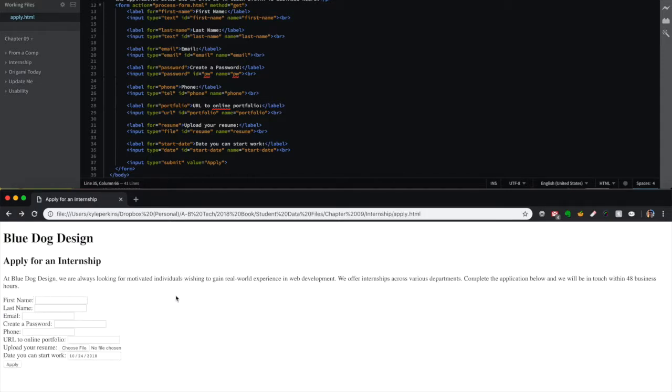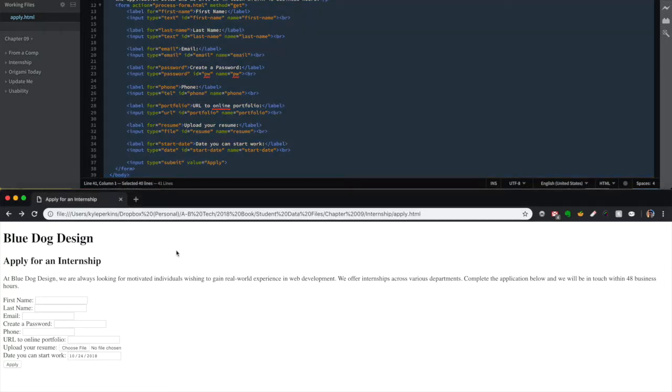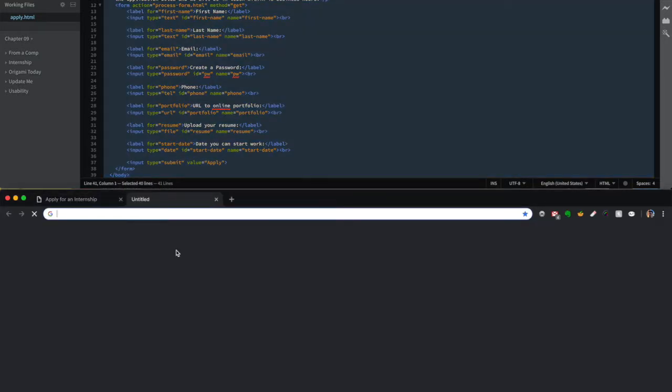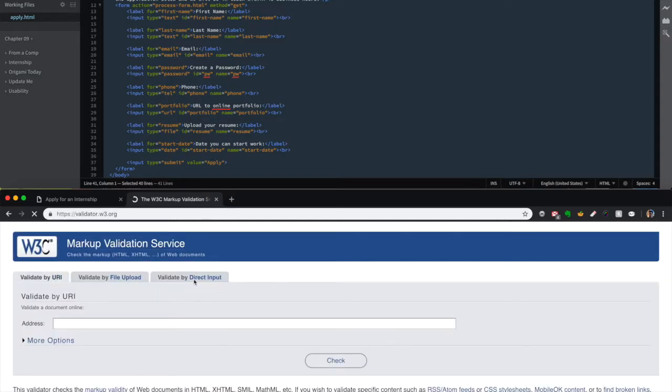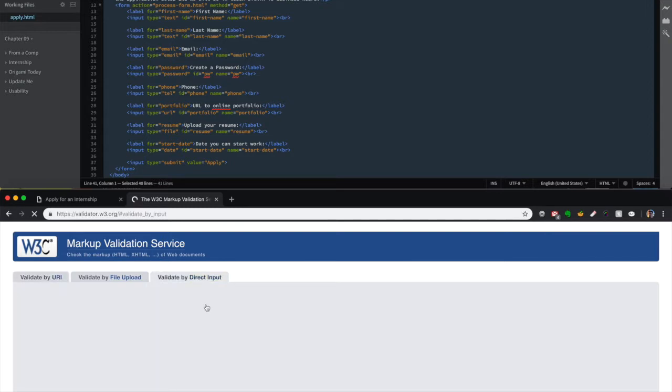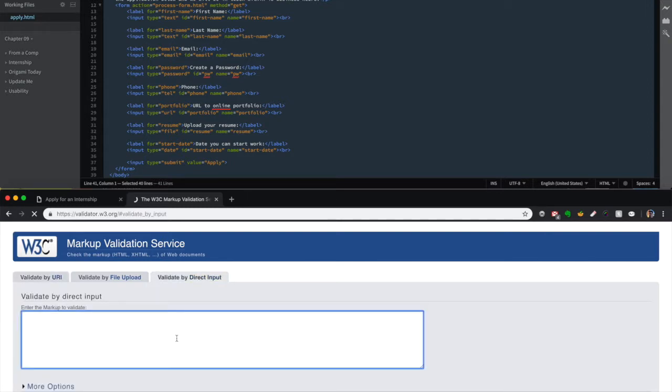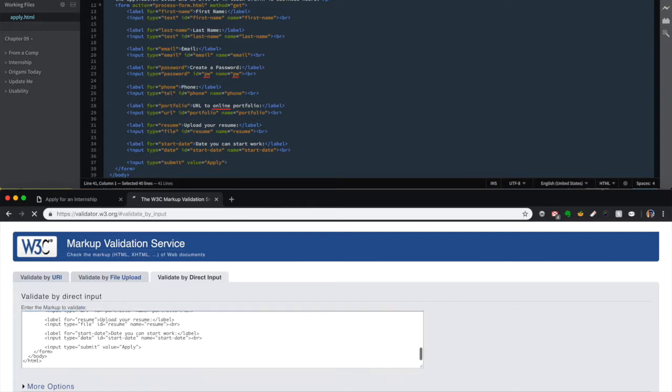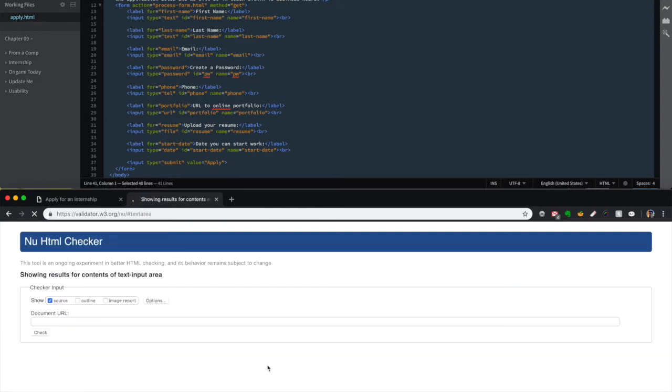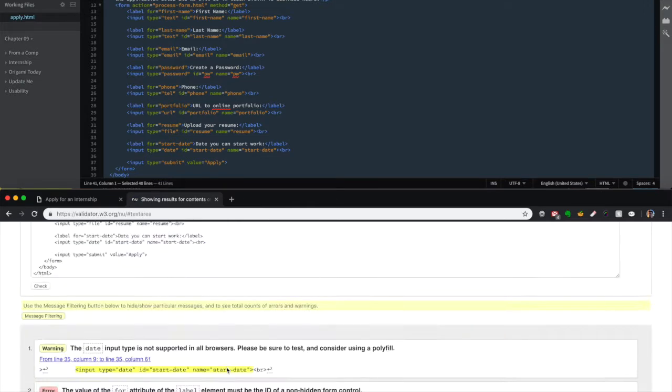Now, before we jump into the next activity, I want to take all this code and run it through the validator really quick to show you a nice little example of what you'll see when running through the validator. Because chances are you'll run across this exact error and you're going to tell me it's an error when in fact it is not. The validator will tell you that, hey, the date format,